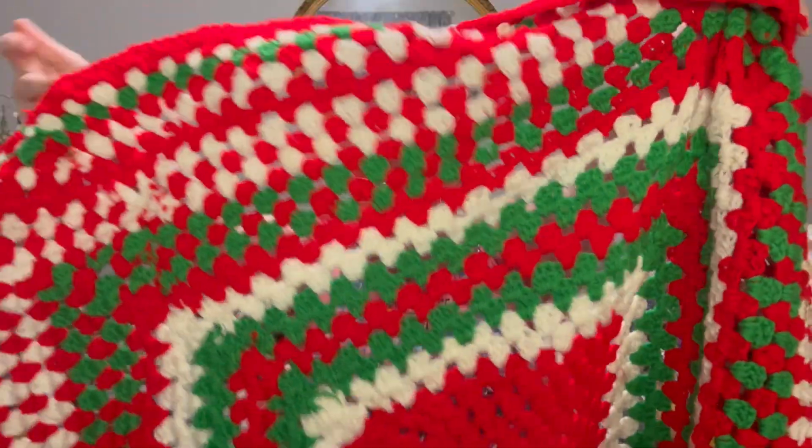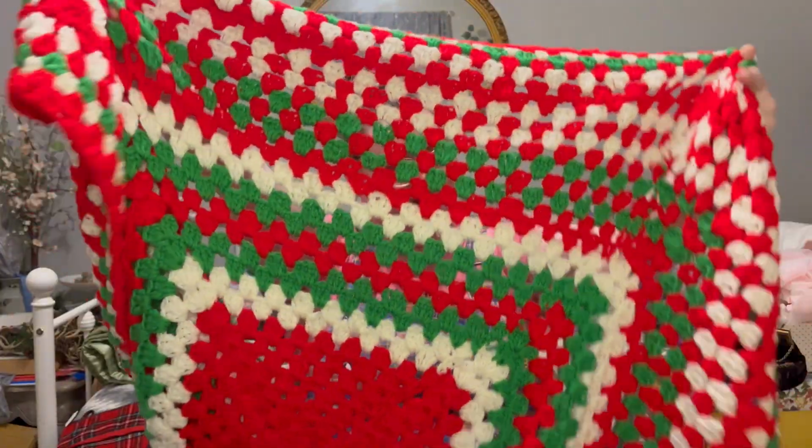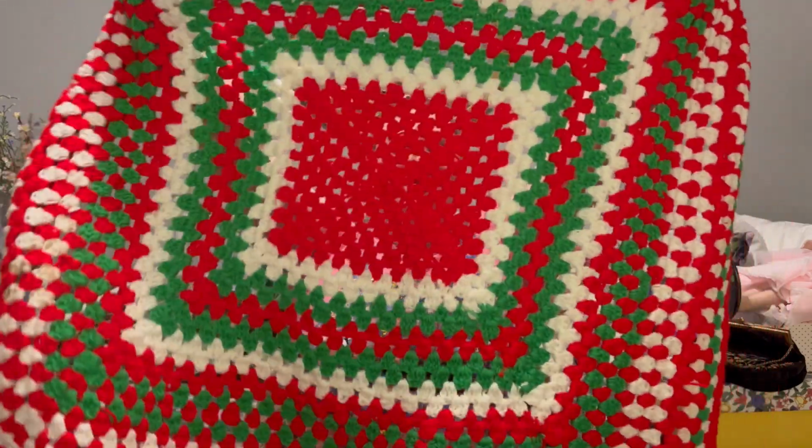And I'm wondering if it was made by the same people. The other one has a tag on it. This one does not have a tag sewn into it. So this is a very common pattern. This giant granny square pattern, this is very common. So, you know, anybody could have made it, but it was at the thrift store in the Christmas section and